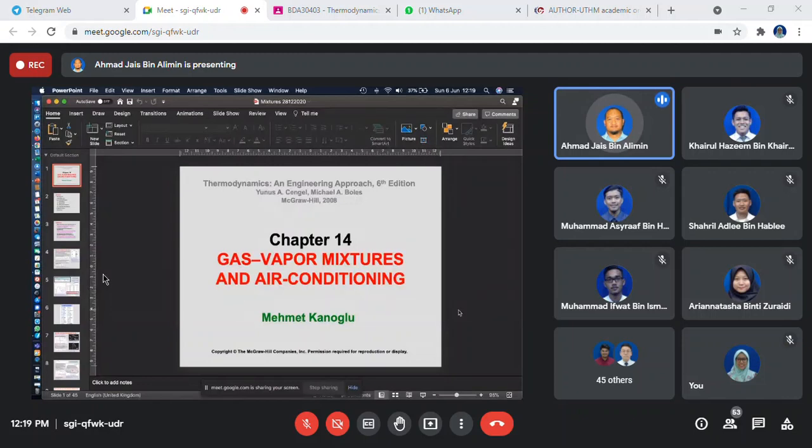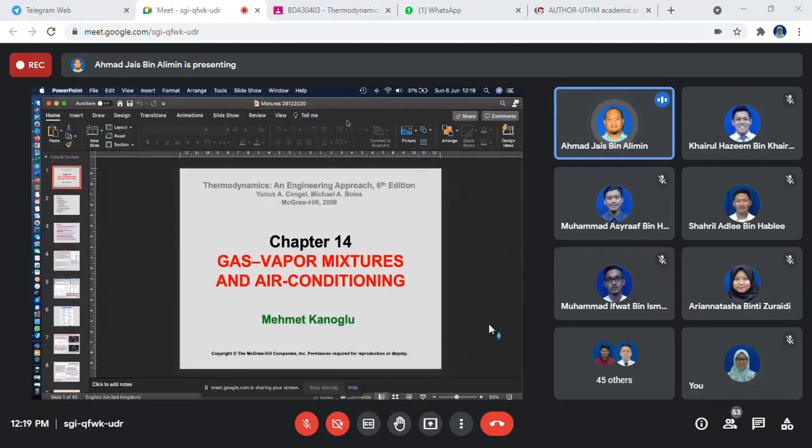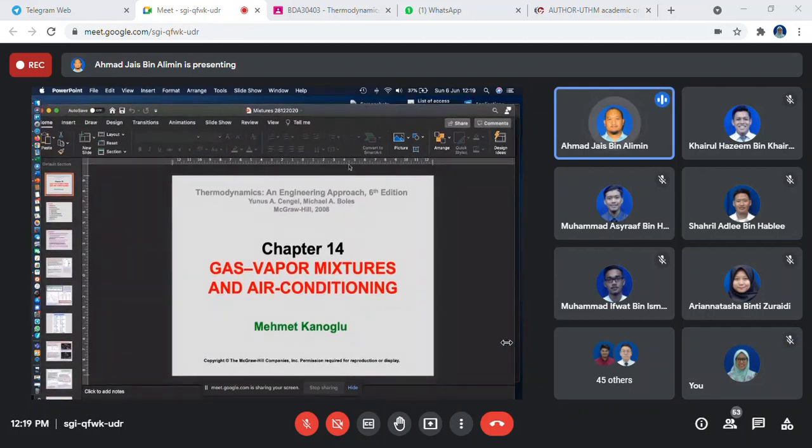If you are referring to Cengel and Boles' book, you should be looking at chapter 14, and the title is Gas Vapor Mixtures and Air Conditioning. So both titles are interrelated. So when we want to perform a good air conditioning process, we need to understand how mixtures and how